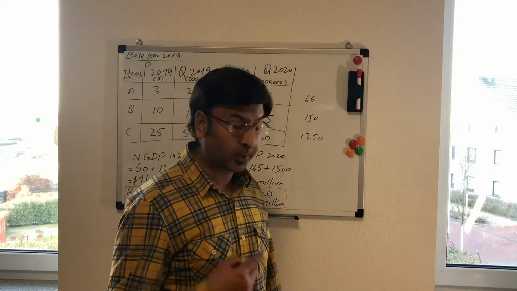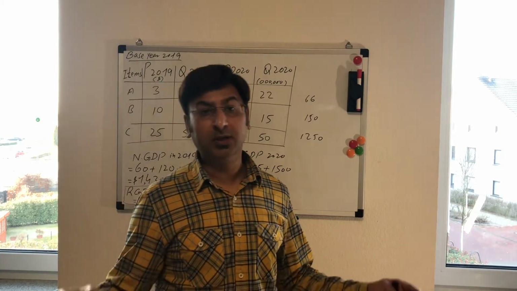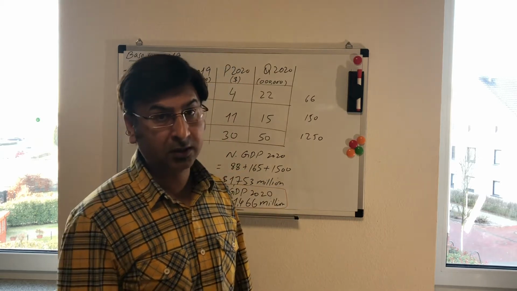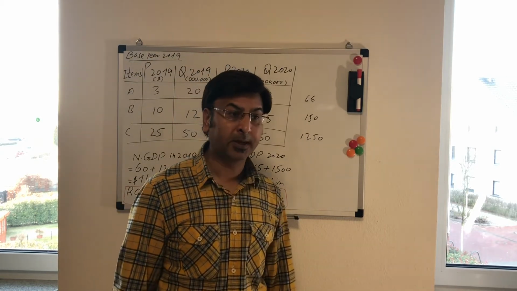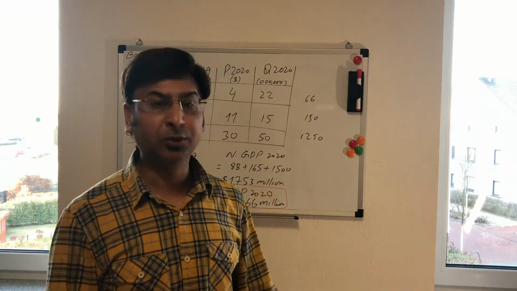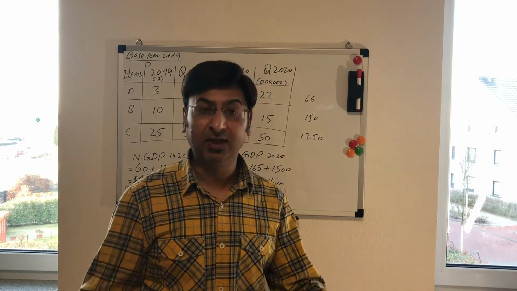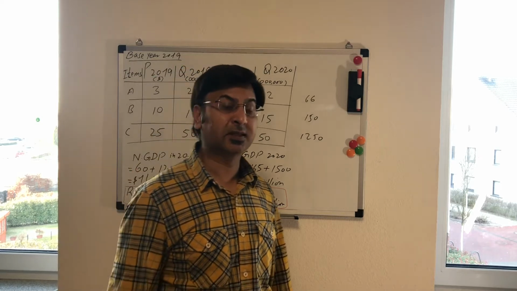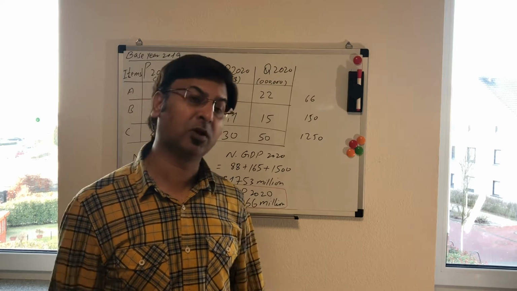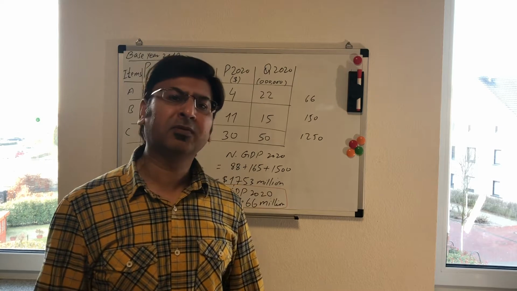But before we proceed with this calculation, just a quick check on how we distinguish between real and nominal GDP. As you know, GDP is just the total amount of goods and services produced in a country. And since everything has a numerical value, we can assign a price to each and every commodity and then multiply with the quantity to get our nominal GDP number. And then we adjust that number with inflation